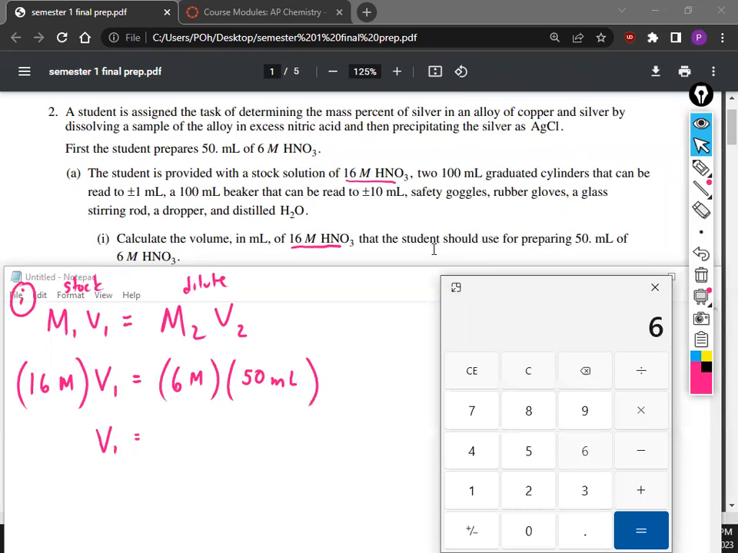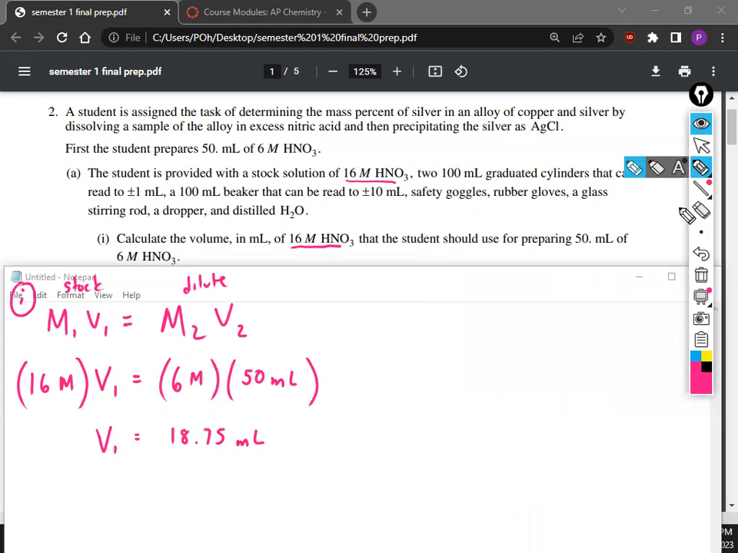Okay, so you should do 6 times, oh, not 15, 50 on the right side, divided by 16. And you should get a final answer of 18.75 milliliters. Okay. All good? Okay, so key thing to note is that if we want to conceptually understand what's happening,